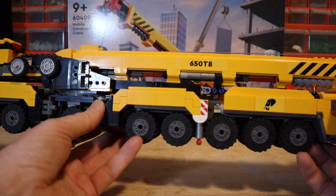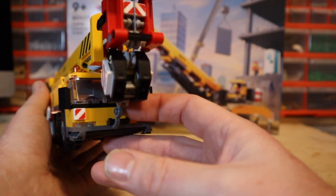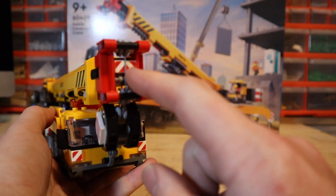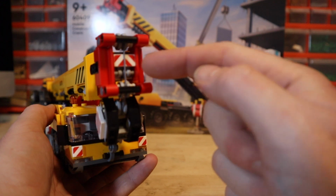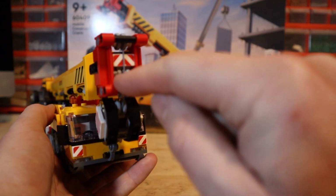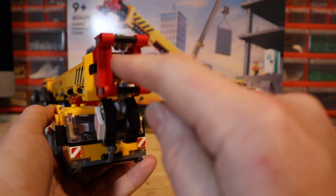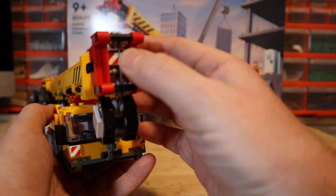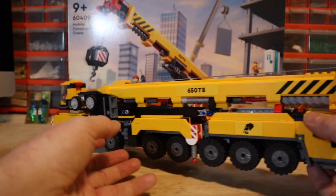Honestly, I cannot describe how this set was better than I expected. The only weak part I found is in here, because the way the string works, it comes down, it loops through the crane, and then it's tied on to this bar that's in here. So it's a little bit hard to see, but that's literally all that is potentially a problem in this set